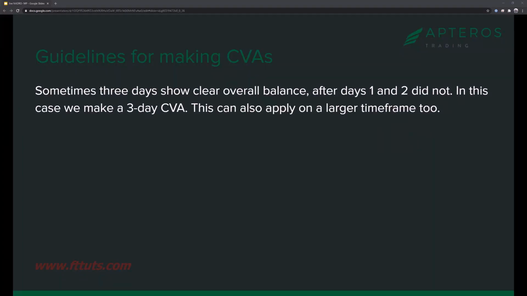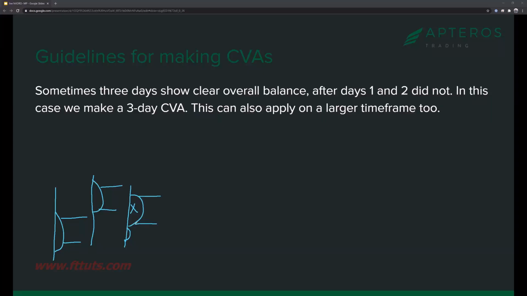Sometimes 3 days show clear overall balance after days 1 and 2 did not. In this case, we make a 3-day CVA. So sometimes you might have day 1, maybe day 2 is mostly like this, and you decide, you know what, there's no value overlap, we're not merging them. Great, good decision. And then day 3 comes in here, and it is something like this, who knows? But what's really important is this here, which is really showing